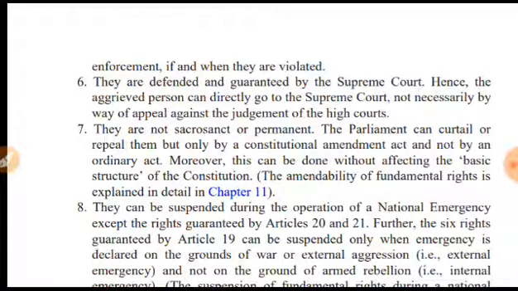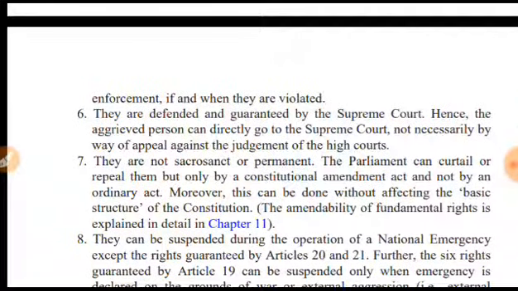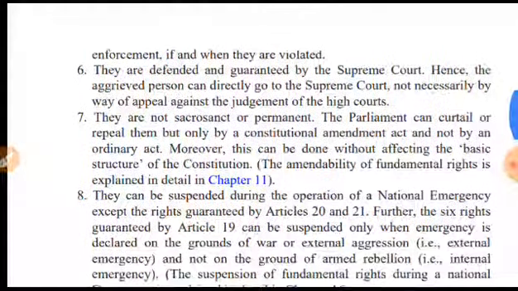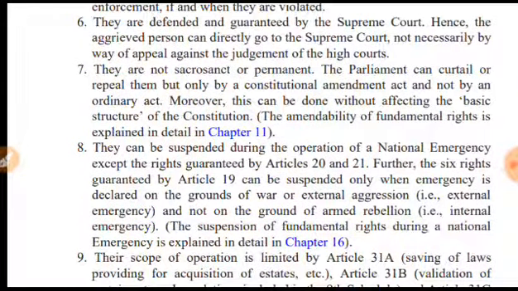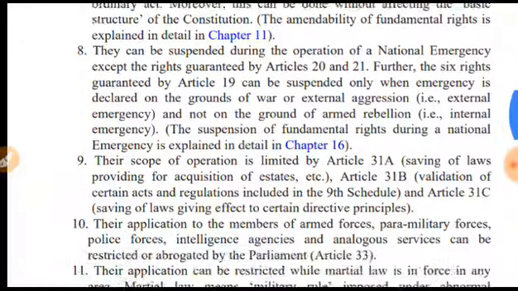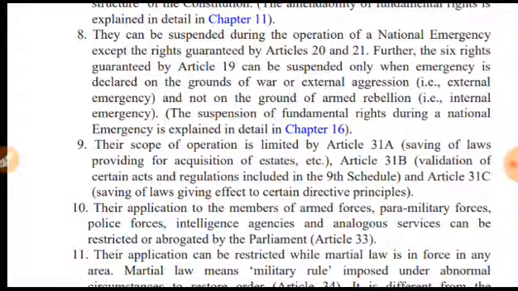Since the aggrieved person can directly go to the Supreme Court, not necessarily by way of appeal against the judgment of the High Courts. Here they are defended and guaranteed by the Supreme Court. Please remember, they are not sacrosanct or permanent. The Parliament can curtail or repeal them, but only by a constitutional amendment act, not by an ordinary act. Please remember. And 8 is that they can be suspended during the time of war and during the operation of